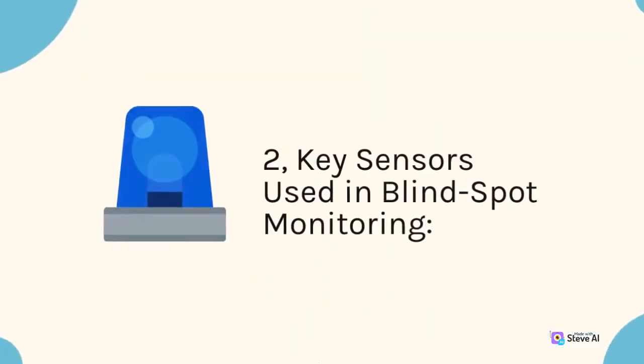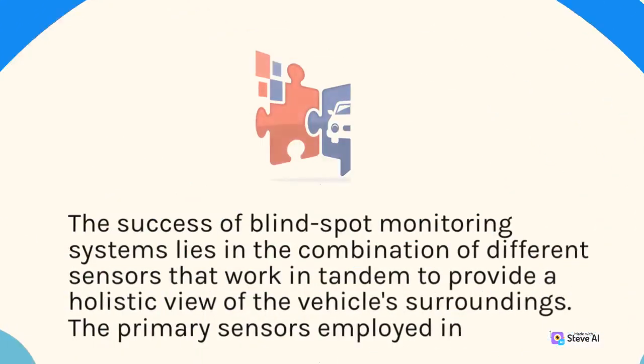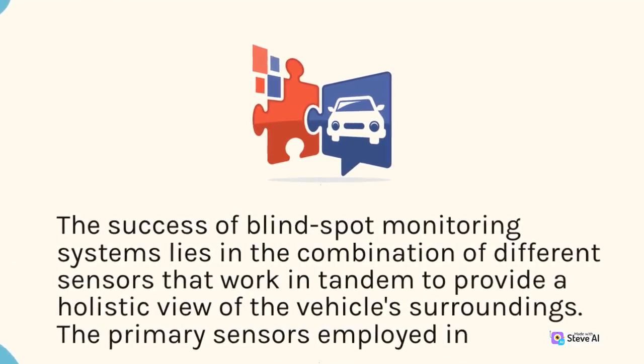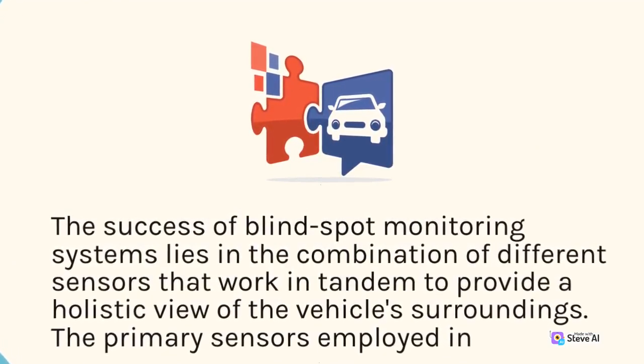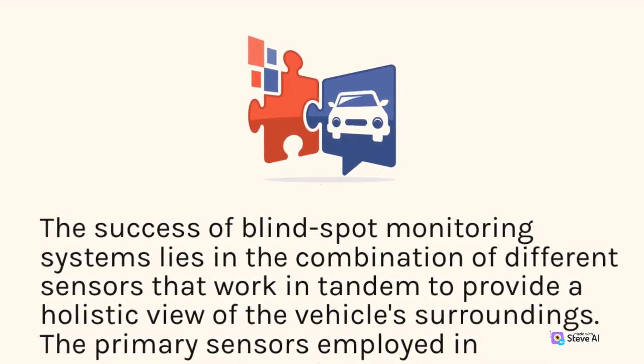2. Key sensors used in blind spot monitoring. The success of blind spot monitoring systems lies in the combination of different sensors that work in tandem to provide a holistic view of the vehicle's surroundings. The primary sensors employed in these systems include